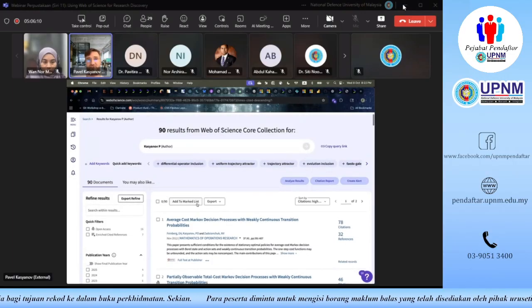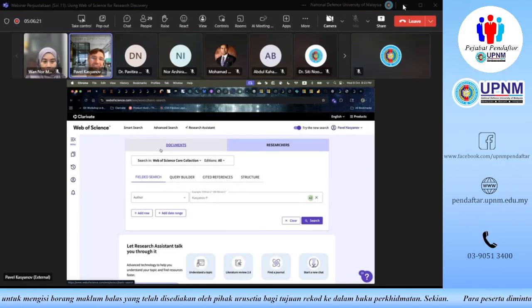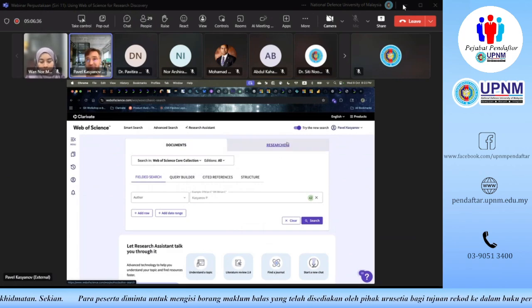the researcher. And if you've noticed, we also have another tab here. That's a really key tab to run a search for researchers, because the documents tab, in which we've just spent another 45 minutes, is for searching for documents, which is not bad. It's a good thing, but maybe we want to search for researcher profiles rather than for documents. And that's what we can do with this tab.